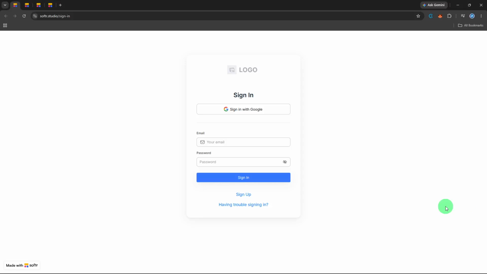In this complete guide, you'll learn exactly how to change your Softr application's subdomain, check if your preferred URL is available, and verify that your new address works correctly. Softr is a powerful no-code platform that lets you build web applications without writing a single line of code, and every app you create gets its own unique default URL. Customizing that URL makes your application look far more professional, makes it easier for your users to remember, and helps